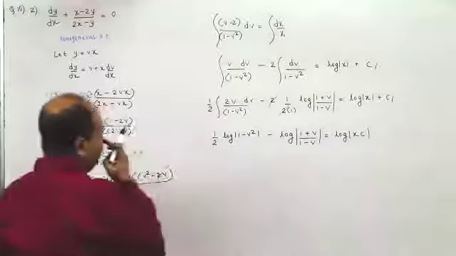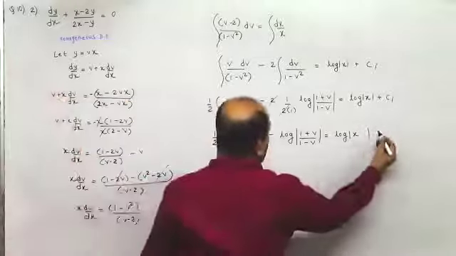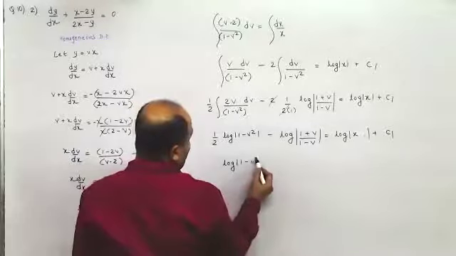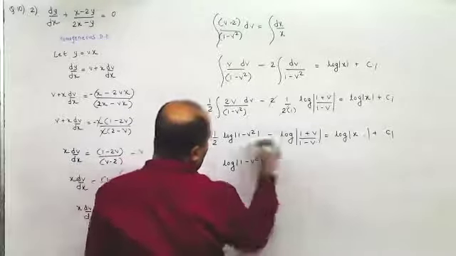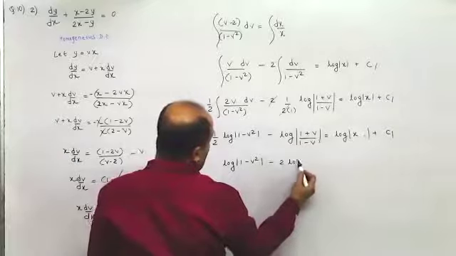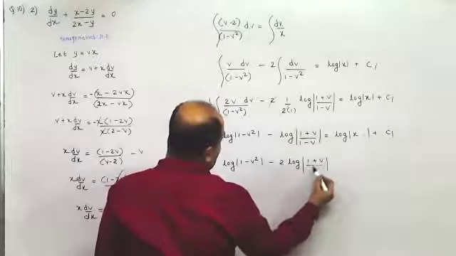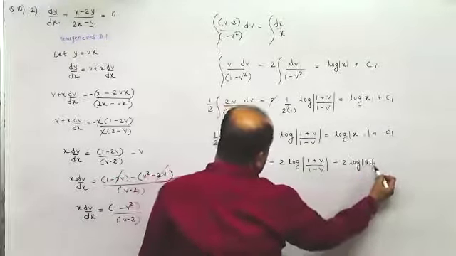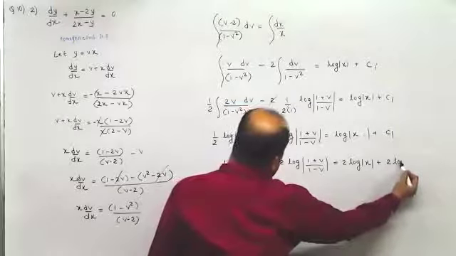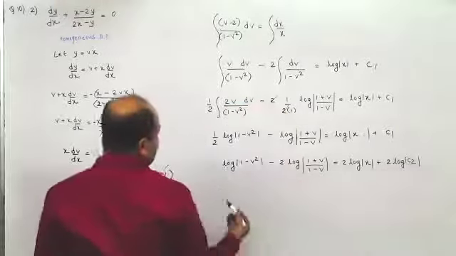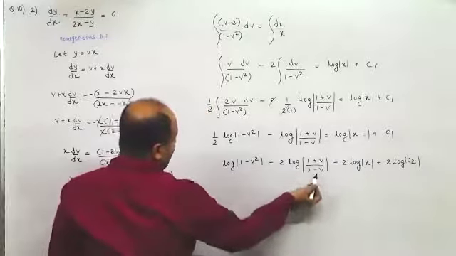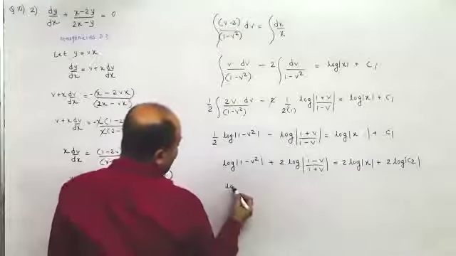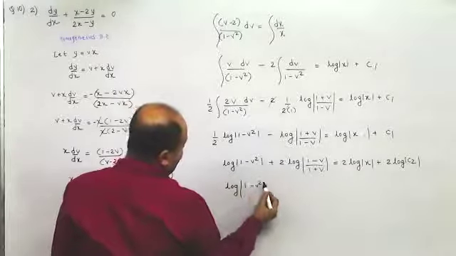So I'll write here log x into c, or rather I'll say log x plus some constant itself. I'll take this to the other side. I'll get log of (1 minus v square). I'll multiply both sides by 2. I'll get 2 log of (1 plus v) upon (1 minus v). Here I'll take 2 log x, and this would also be in terms of log itself. So I'll write here 2 log c2, some constant. Now this is minus 2 into this. When I take the reciprocal, this would become plus, this would become minus, this would become plus. This goes up, it becomes log of (1 minus v square).